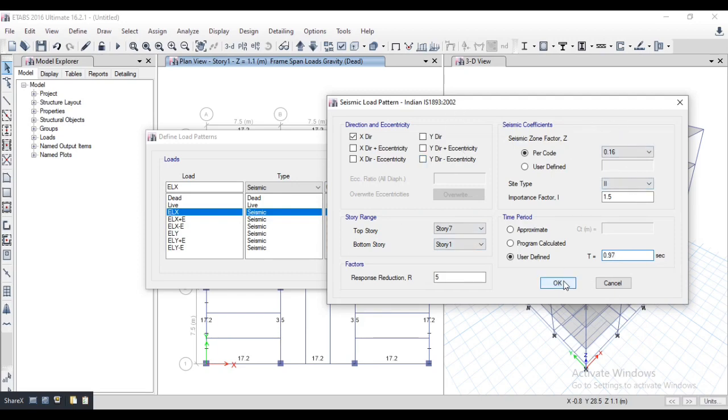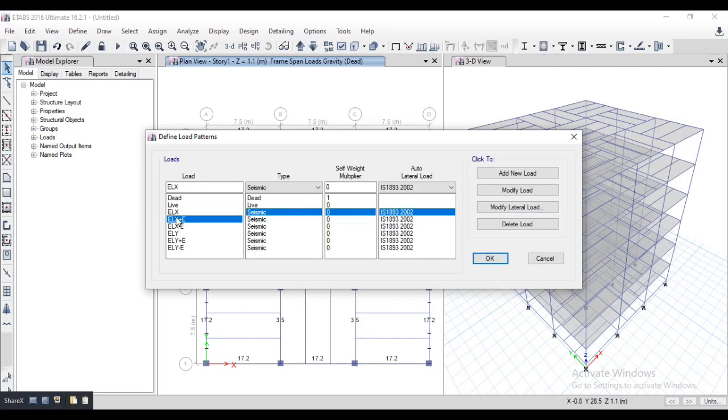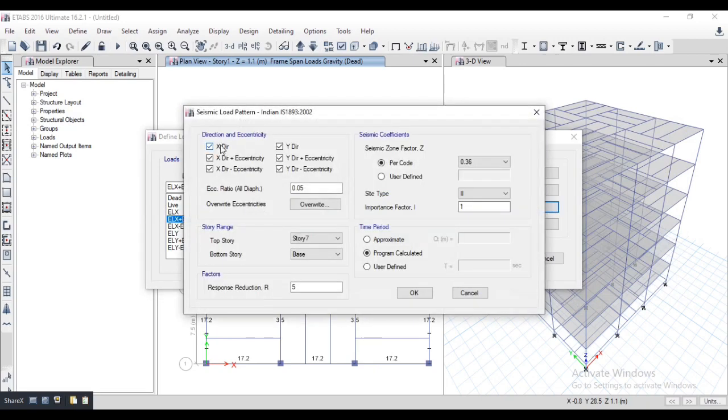And go to OK. Again same process: untick all except plus X direction eccentricity. Select here story 1. Select here 0.16, 1.5 importance factor and the time period is 0.97.